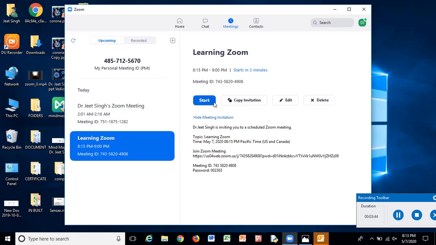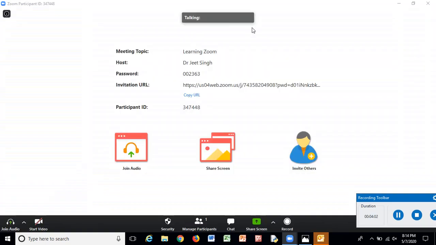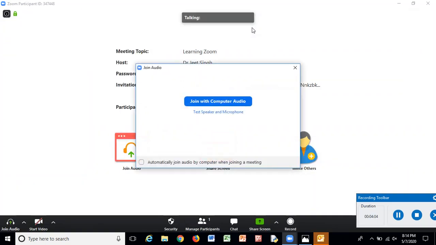We can start this meeting now, so we are clicking on Start, and here a new window opens. It is connecting. We can join with computer audio because I am using my laptop.